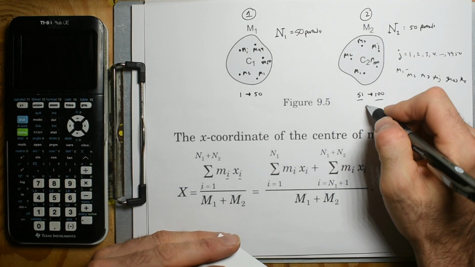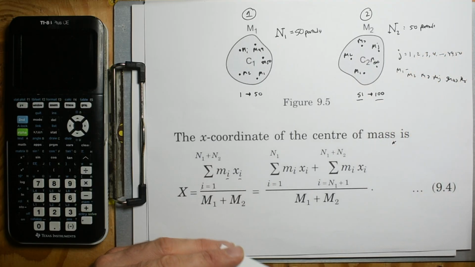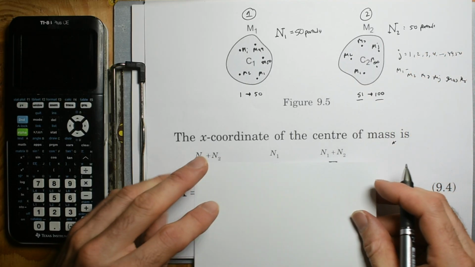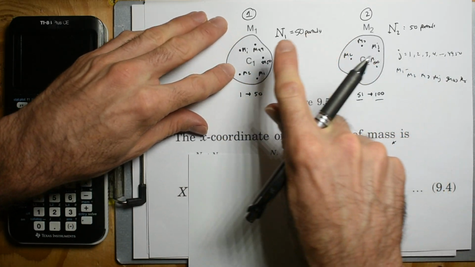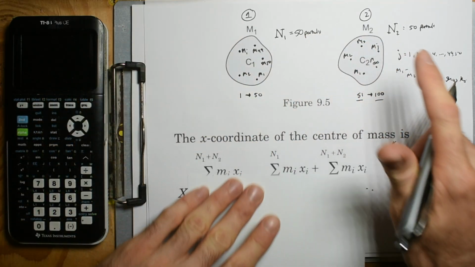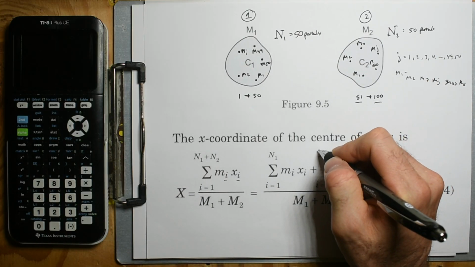They labeled these terms 51 through 100. And you could have even mixed. You could just say, hey, this is particle 1, this is particle 2, this is particle 3, this is particle 4. But what they're designating here is that